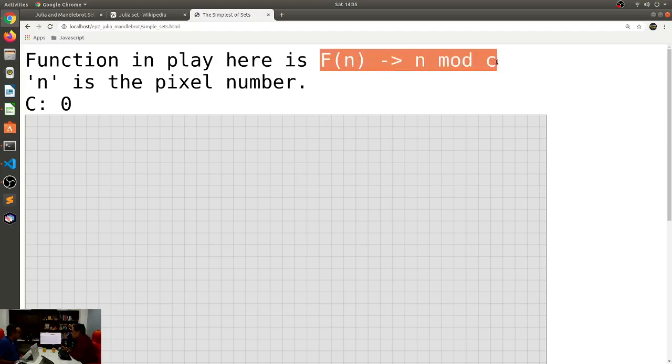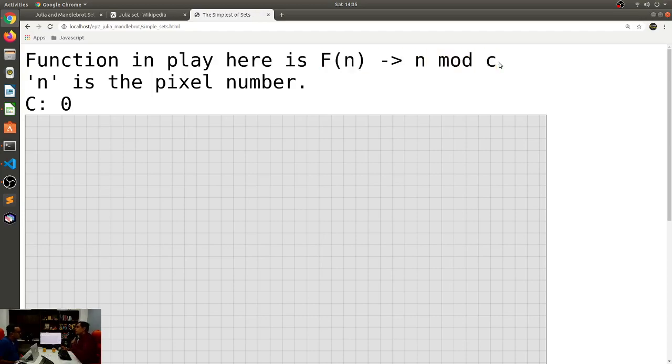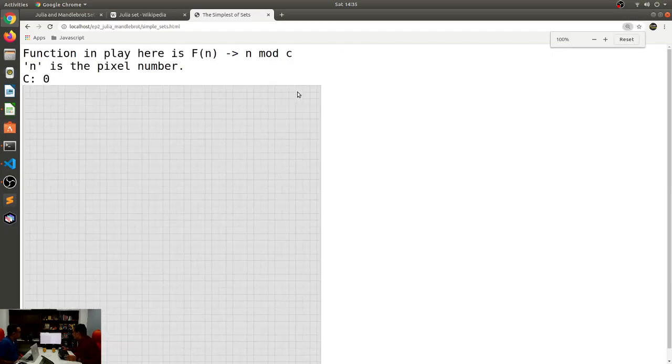Let's take this function for example. And you can make up these rules arbitrarily. Even though this function doesn't by itself say anything, I can say things like this function should satisfy a specific value. So in this case, n mod c should return a 0 to me. Basically, n mod c means there should be no remainder. Now let's assume that this grid that I have painted here, let me bring it back to 100%, this grid that I have put in a canvas over here is n, and each one is n plus 1, n plus 2, n plus 3, and all of those things.